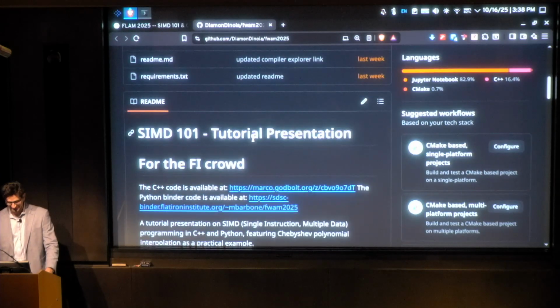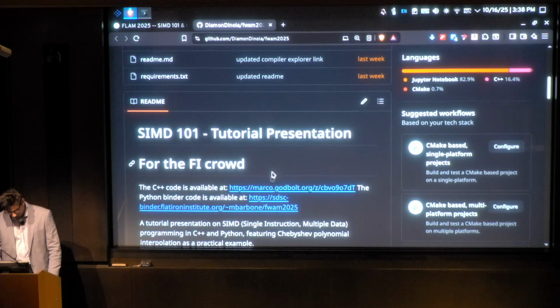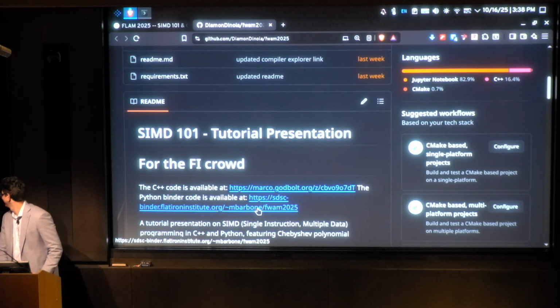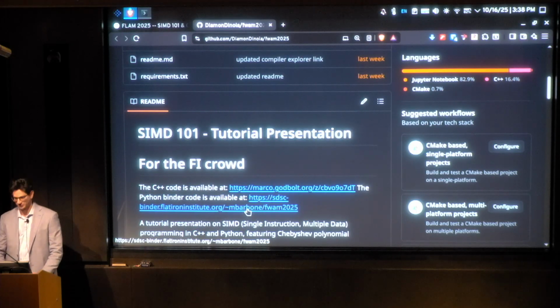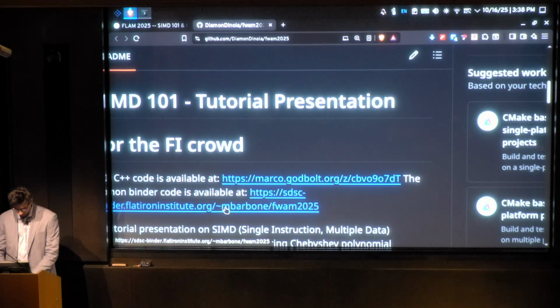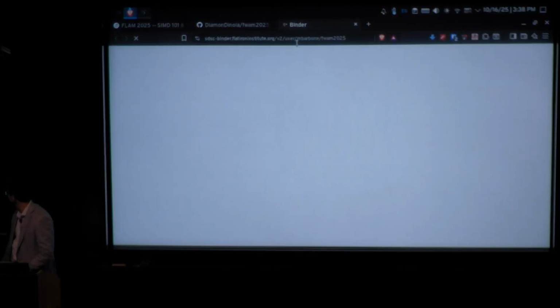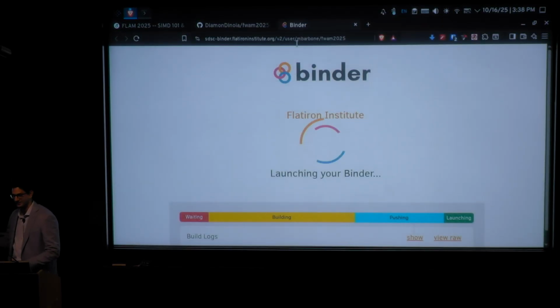Yes, there are other two links because it's pointer to pointers. We go to the binder link, which is the second one, which is this one. And while this thing is loading, because it's going to take a while,